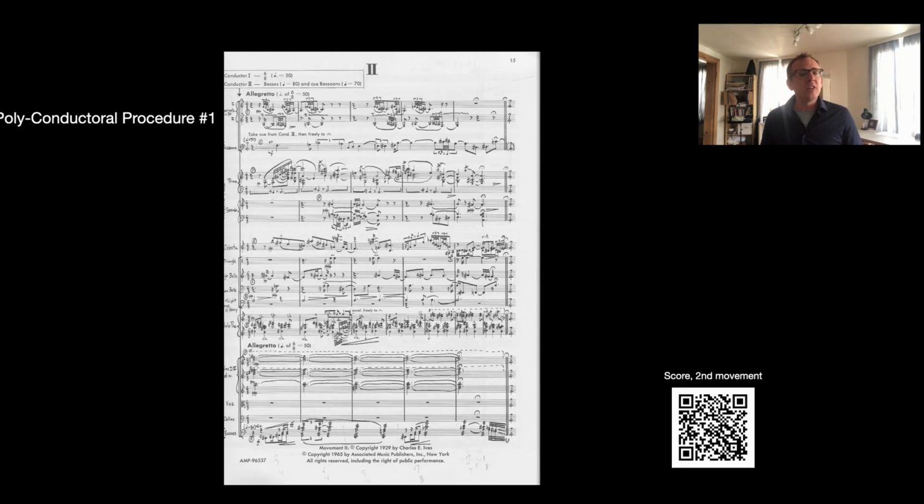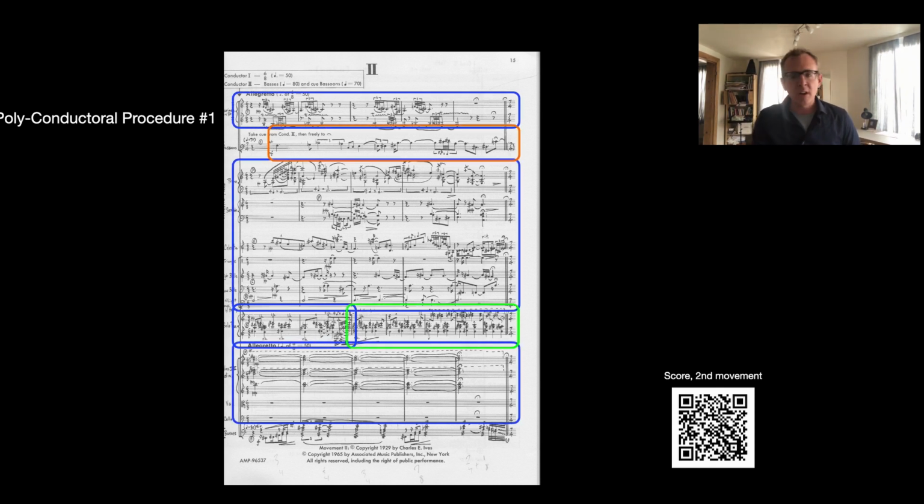All right, so the first instance of polyconductoral procedure can be found in the very first measure of the second movement. It starts off with a bang. 4 groups begin in different tempos. The solo piano begins with the first group before breaking away to form the 4th group in their third measure. And yet, all arrive at the same point, the tutti measure 6, having also counted 4 different amounts of played measures. In blue, we see the musicians conducted by the principal conductor. In red and orange, the basses and bassoons, who are under the second conductor's baton, and in green, the solo piano, after having left the principal conductor.